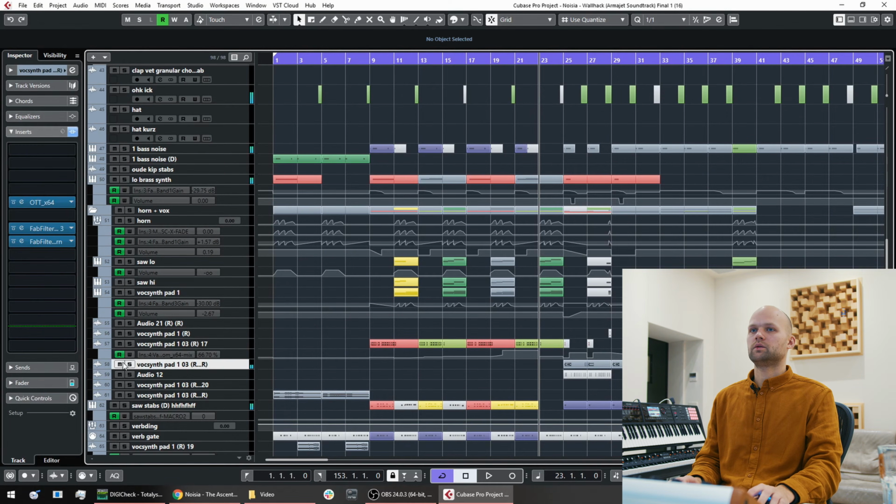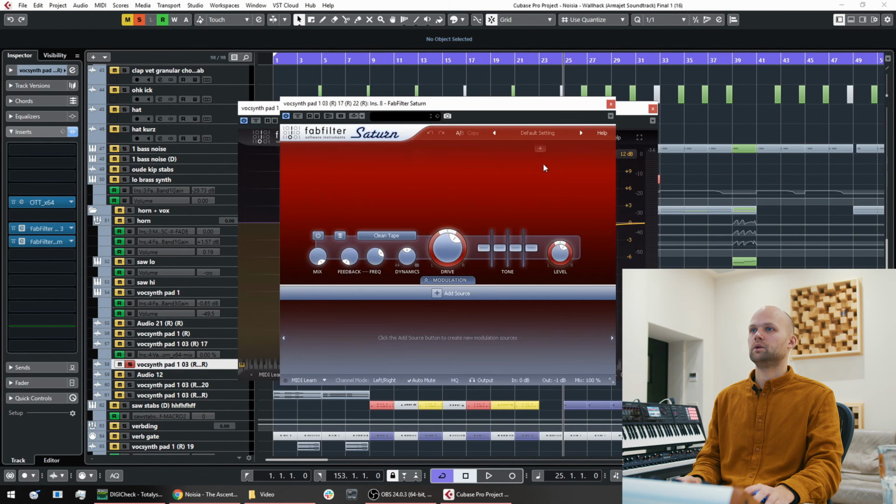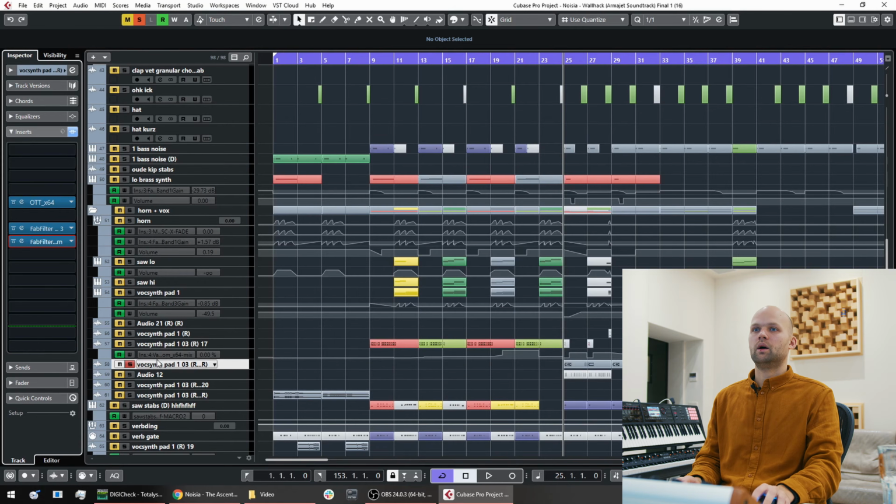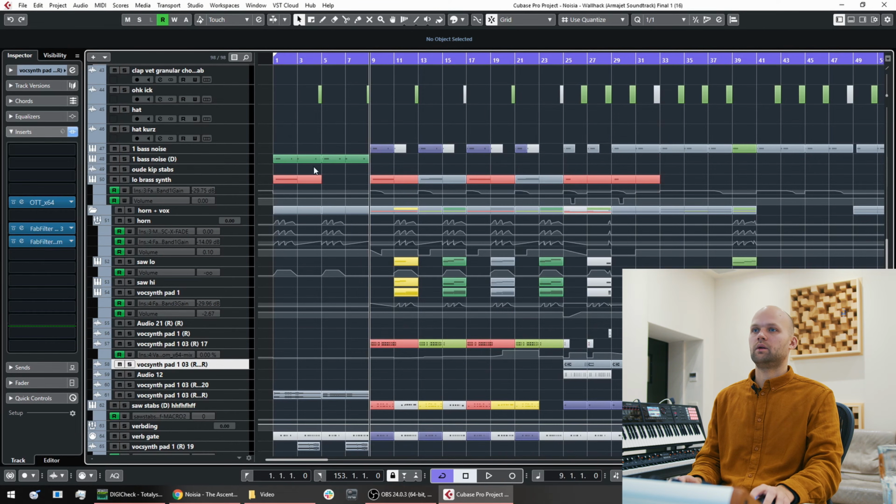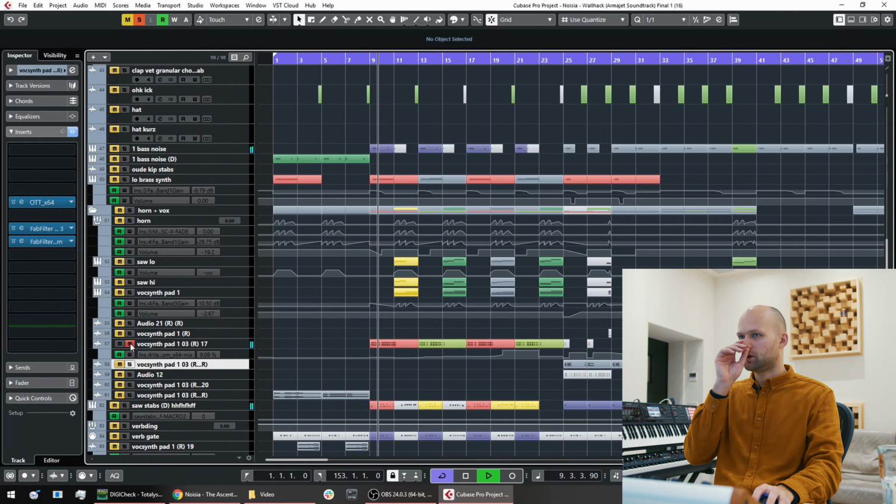And these vocal synth stabs take over. They have OTT on them because that suits these sorts of sounds. A little EQ, a little bit of tape. It's not that important, I guess. So I did want to look at these for a second